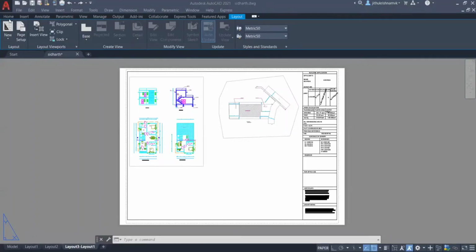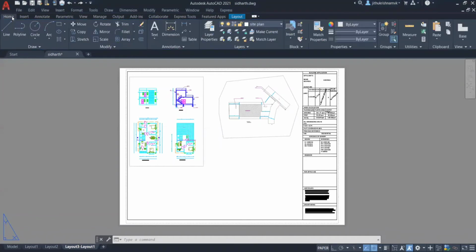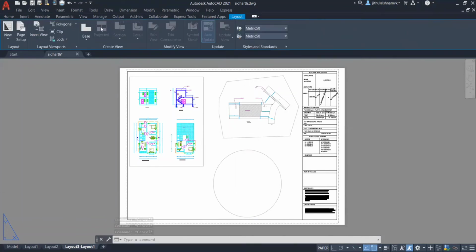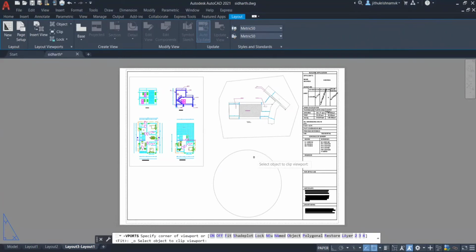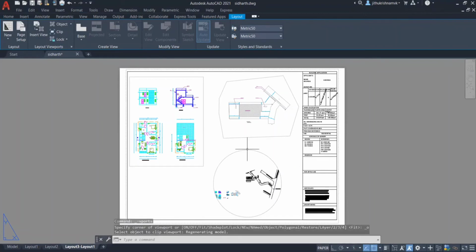Now I am going to create a circle from the drawing panel. Now I am going to convert this circle into a viewport. For that, come to the layout option, pick object and select the object.